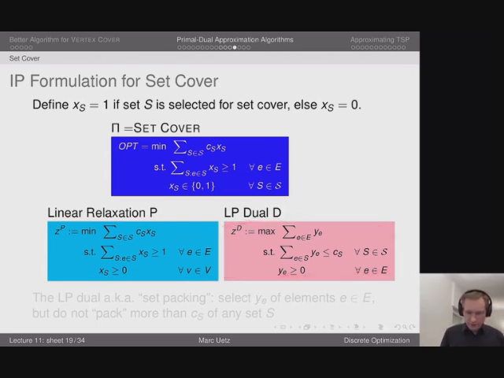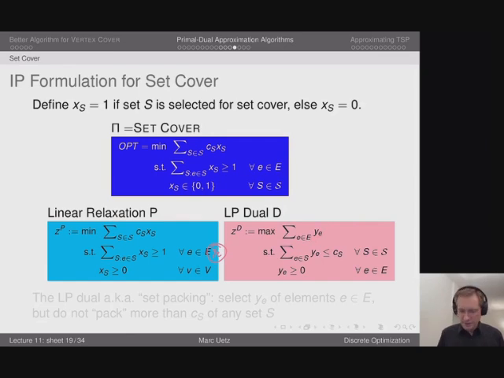So first of all, what kind of variables do we have? Here at the primal, we have a constraint for each of the elements that needs to be covered. Hence, in the dual, we have a variable ye for each of the elements. And you also see that the right-hand side, the b vector, is just a vector of 1s. And therefore, the dual, which is going to be a maximization problem, just maximizes the total sum of